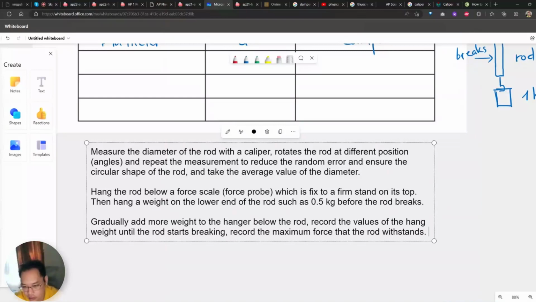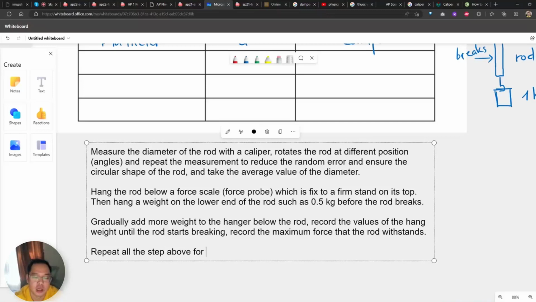Meaning the minimum force required to break it. Repeat all the steps above for other rods with other diameters. And repeat the experiment